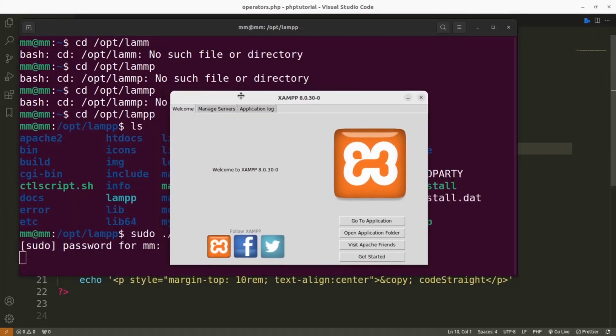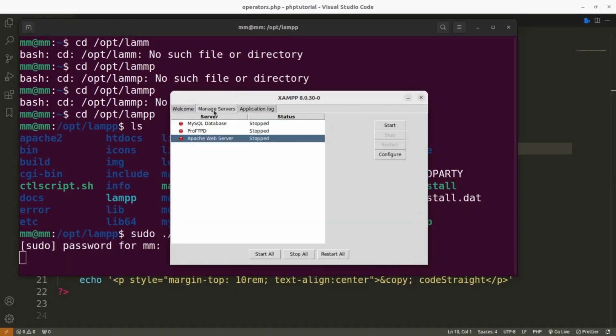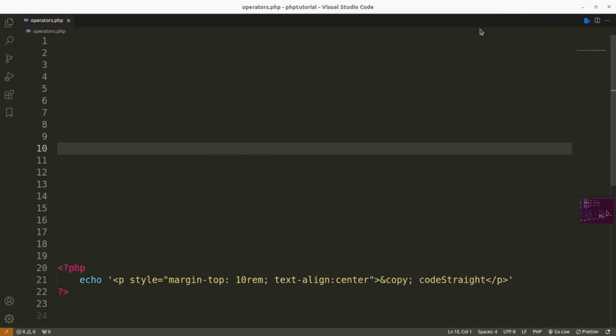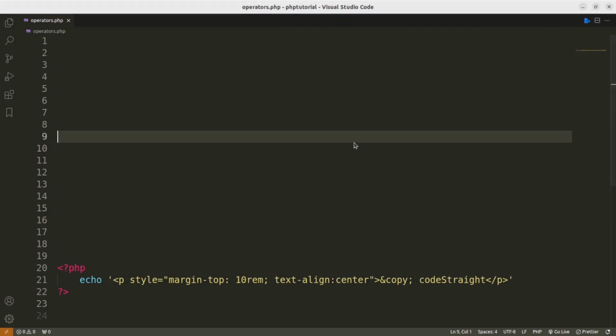And let me bring it to the center and click on this manage servers, and let's start our Apache web server by clicking on this start button, and that's starting the server. Alright, let me get rid of our server and let's minimize the terminal, and let me bring up my browser